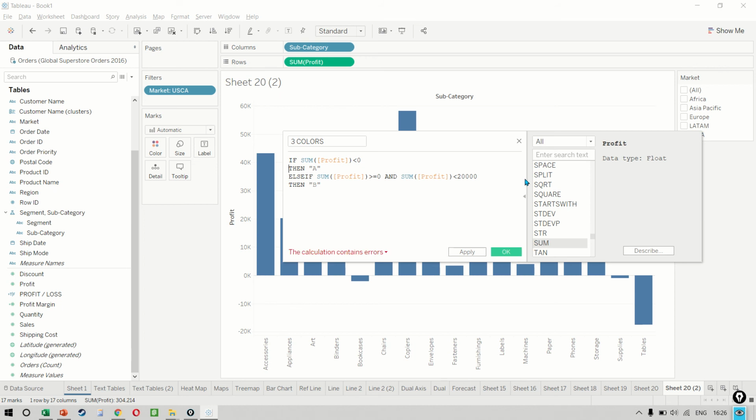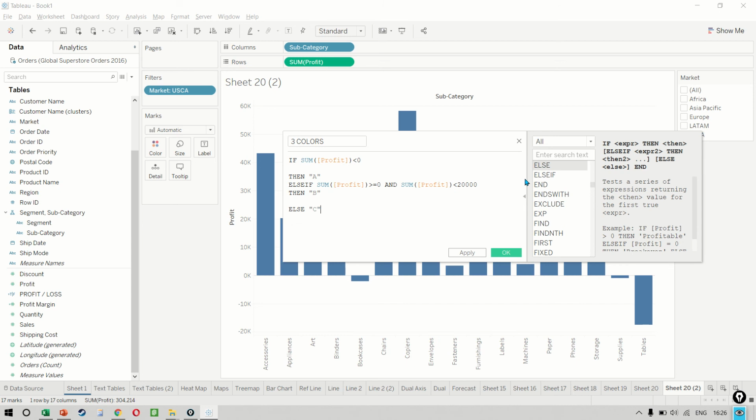And finally, we can say else the result is C. And we also have to put an end at the end.